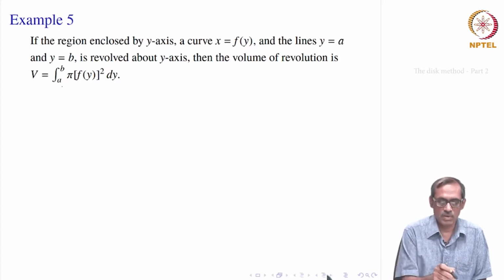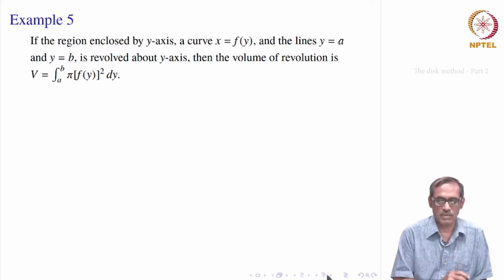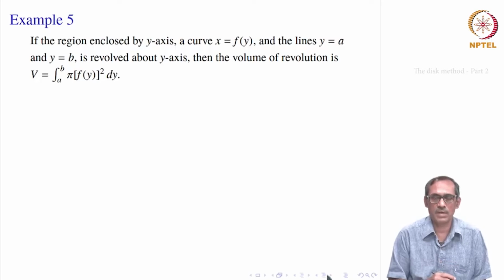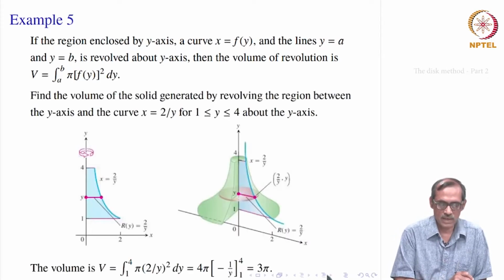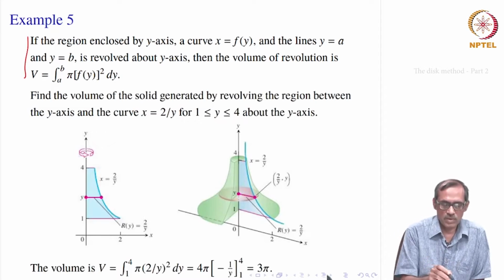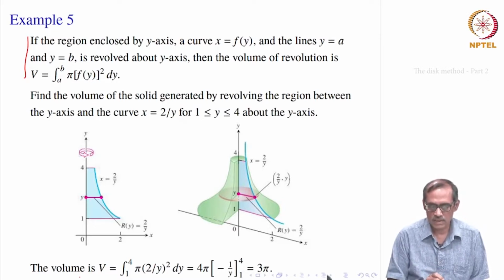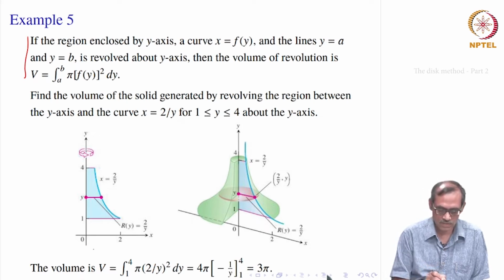Then the volume of revolution has the limits in y, and the disk is pi times f of y square, then dy. So, that is clear from our earlier analysis. Instead of x, we are taking y here. So, by using this, we are going to solve a problem which is revolving around the y axis instead of the x axis. So, now find the volume of the solid generated by revolving the region between the y axis